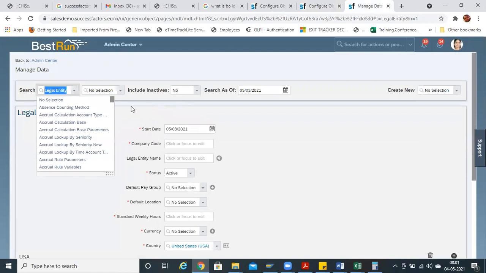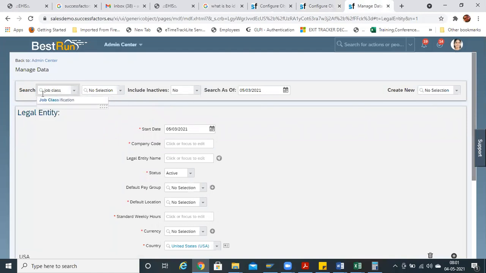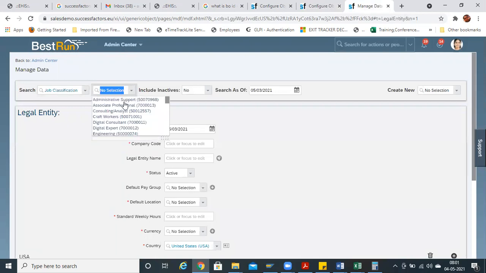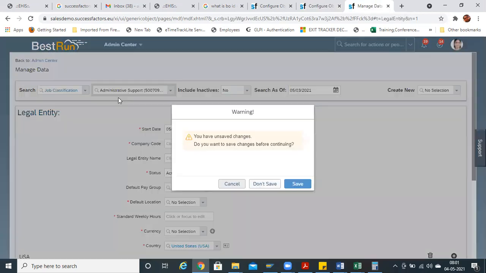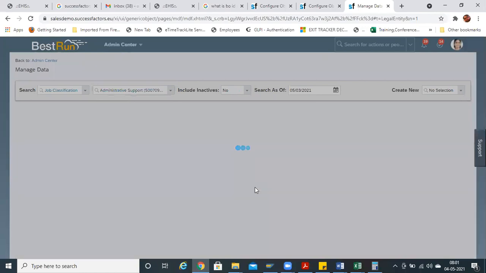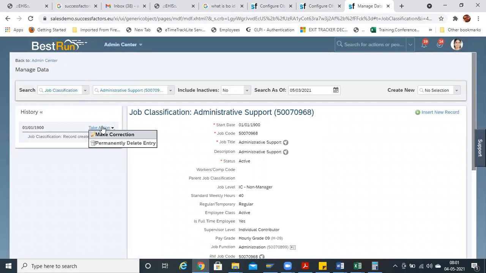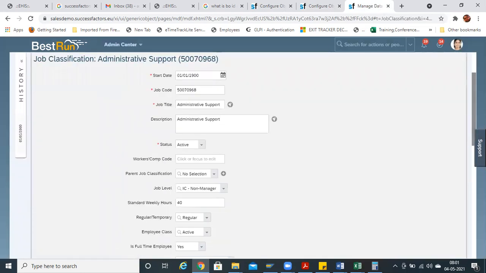If you go to manage data under job classification, these are the standard fields available by default in SuccessFactors. Now in manage, any job classification which you want to search here, just make a correction.